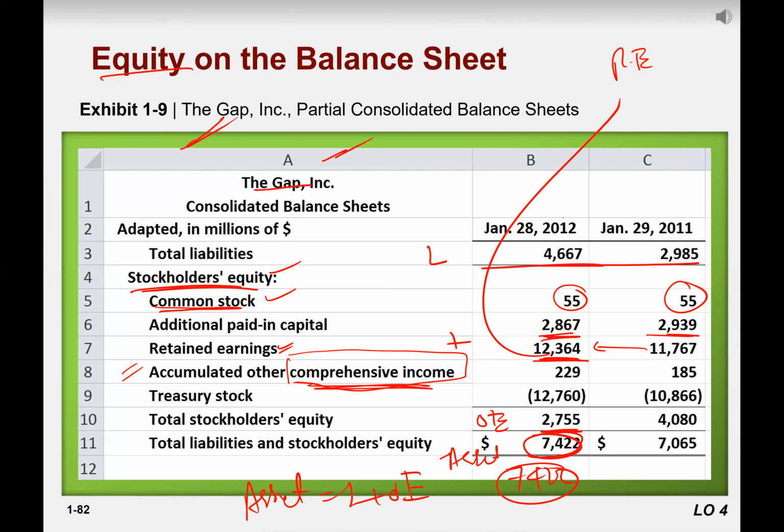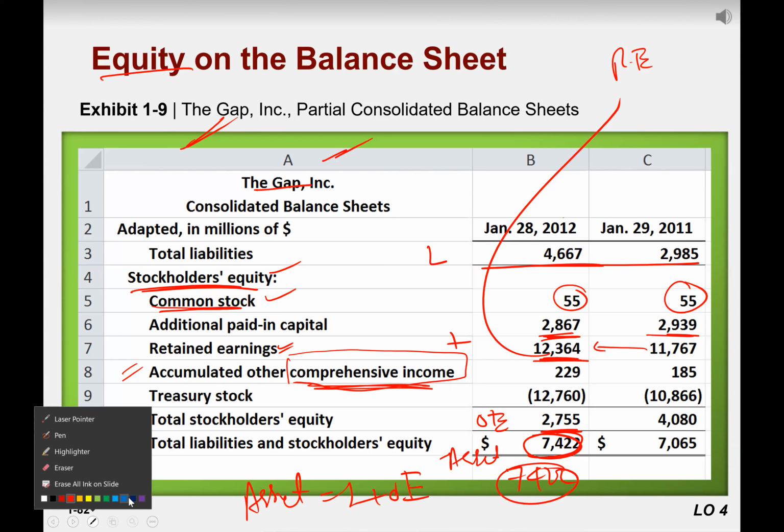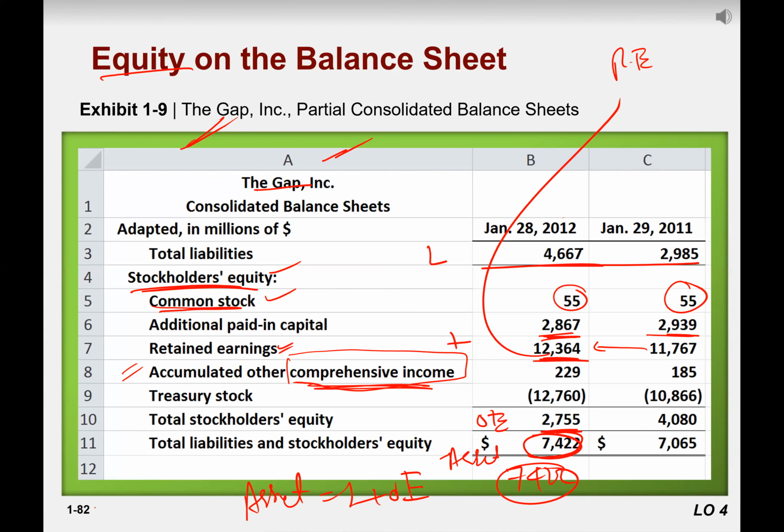So when you add them, let me change the color so that you understand. Here we go. So liabilities plus total owner's equity. The answer would be this one. So look at our assets. Let me just go back and see our assets.